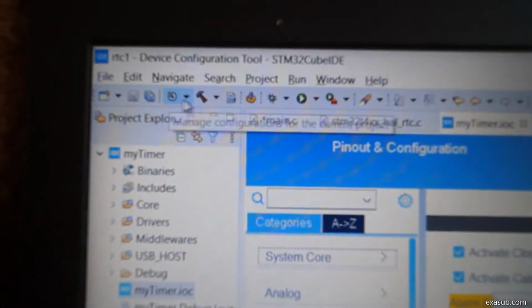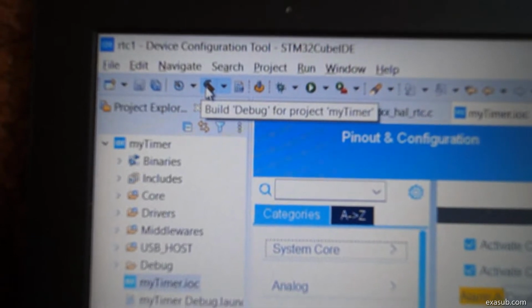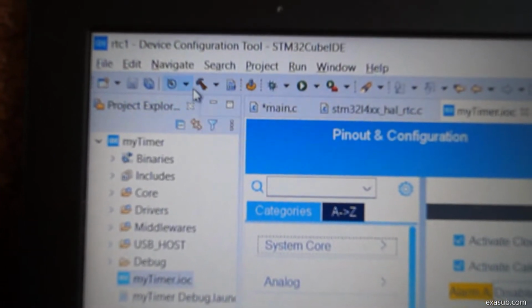And after that you can press over here build, which will generate the code and also build your project.